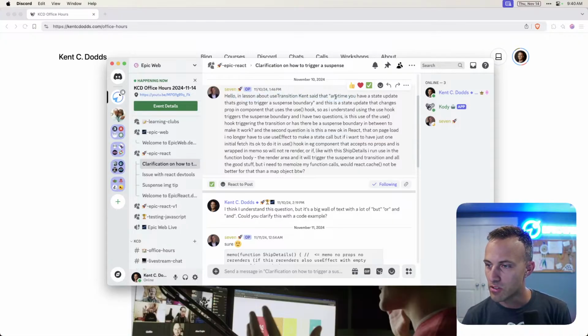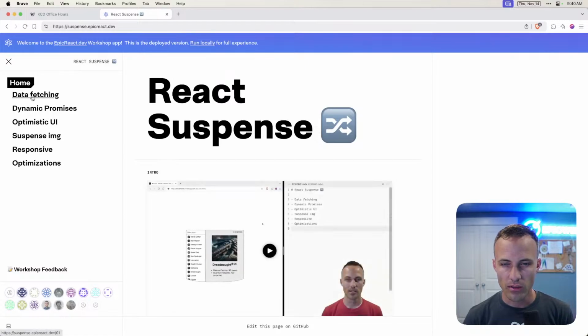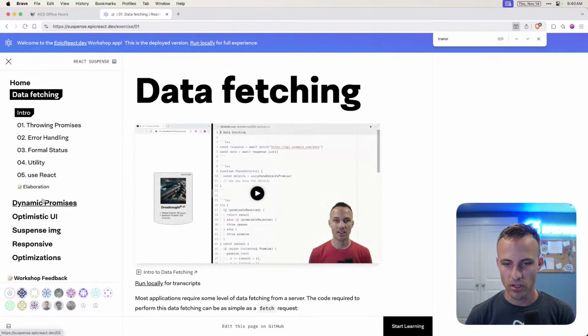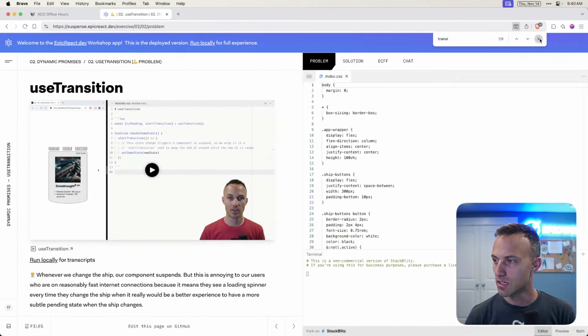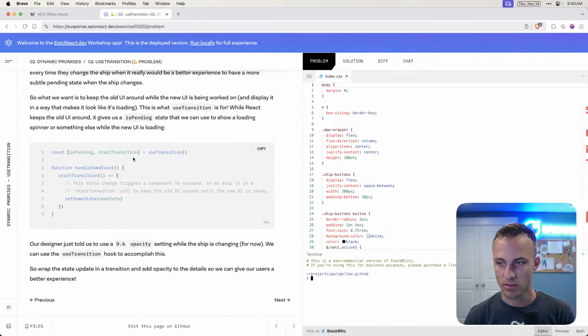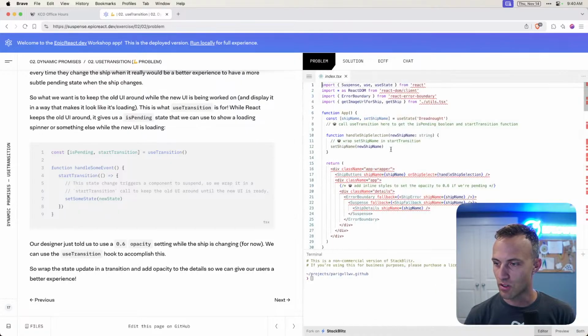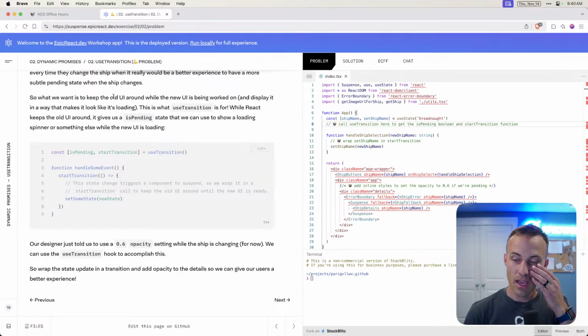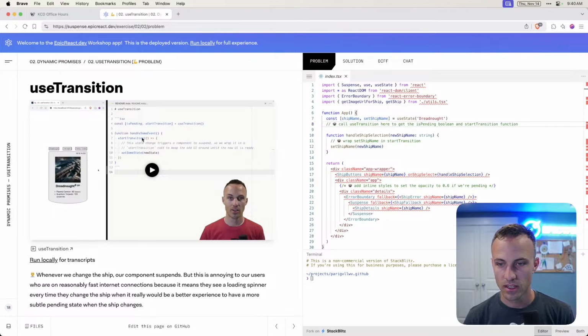In a lesson about use transition, Ken said, anytime you have a state update that's going to trigger a suspense boundary. So let's go to suspense.epic react dev. We have use transition somewhere in here. Here we go. It's probably in the video of this lesson. This is just for preview purposes, but anyway, here in this example,